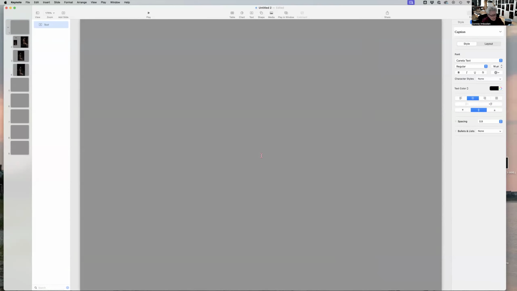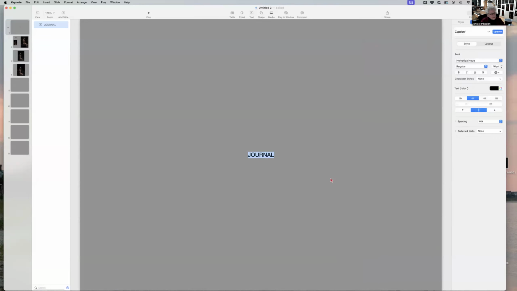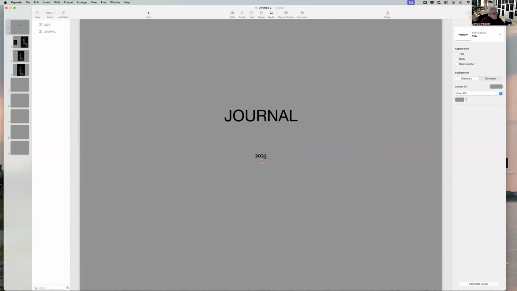Okay, we're going to call this, I'm going to make it all caps. Let's try that again. Journal. And I really dislike this Canega text, whatever that is. So I'm going to go up here to Helvetica, and I'll just make this bigger, Command plus. So we've got this as our journal. If you want to put years down, you can do that. 2025. We could change the text on that clearly. Now,